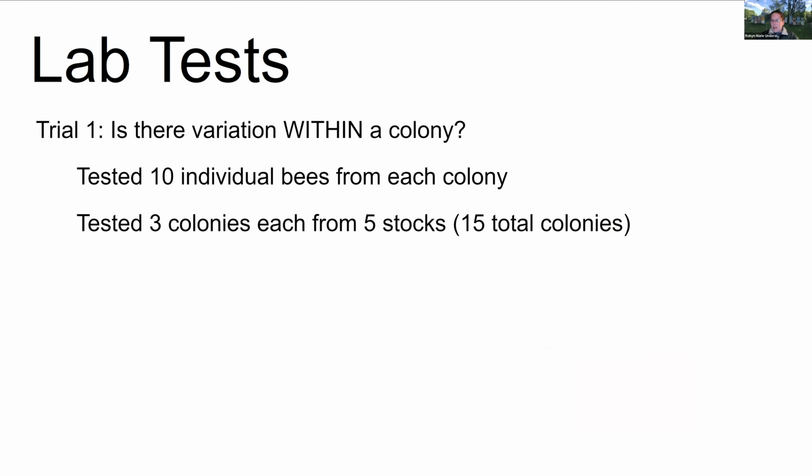What about the lab tests? So you have to remember, I'm a field person. I want to be out with the bees, measuring honey production and varroa mites. So I'll do my best to explain this, but this is why we have research teams, because some people have strengths and weaknesses. In terms of those bees that we collected that first fall from that queen introduction, her brood, the first, what I'm calling a trial, is